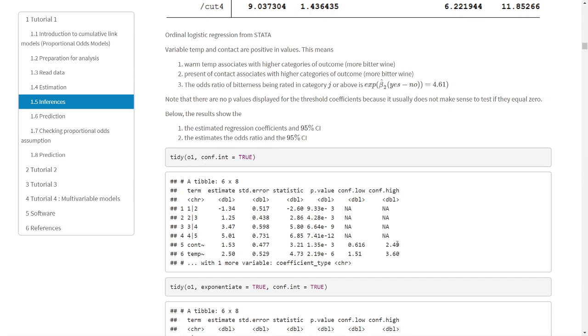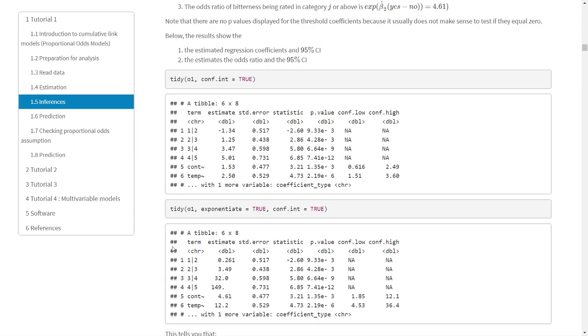This will produce the lower CI and the upper CI at 95% level. And if you convert this to odds ratio, then add another argument, exponentiate equal true, conf.int equal true. So now what you have here are the odds ratios: